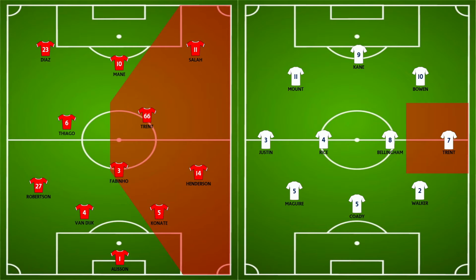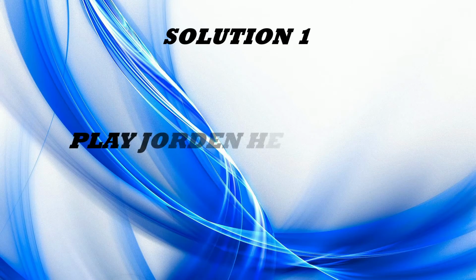So, solution number 1, play Jordan Henderson. Now, I know what you're thinking. You, Mr. Anti-Jordan Henderson. I can imagine my mates are laughing right now. But we've got 2 games left before the World Cup. And I suggested in my video before the Nations League of a scenario where you play Reece James in centre midfield and Trent at right back and try and establish that same sort of relationship whereby Trent goes forward and